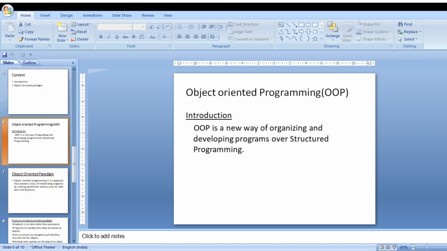OOP allows us to decompose a problem into number of entities called objects and then build data in functions known as methods in Java. A problem you can divide into several objects or you can call it a class, several classes, series of classes,